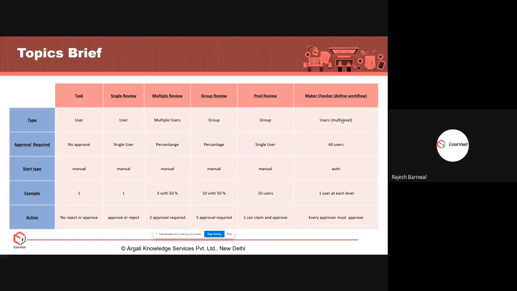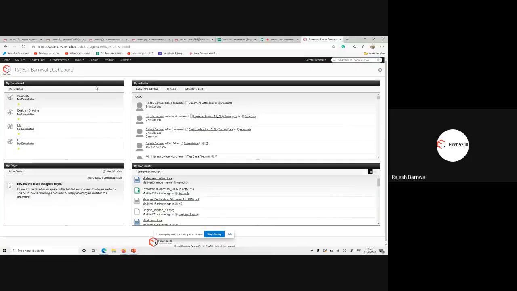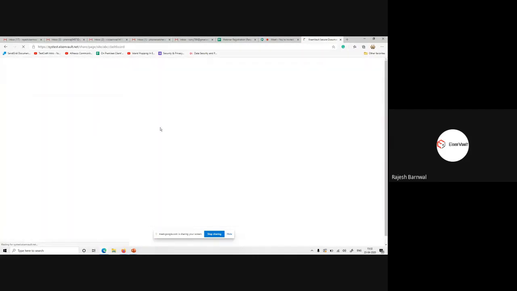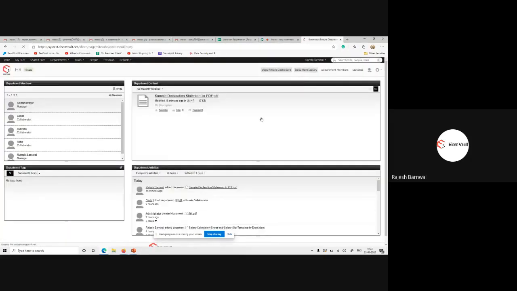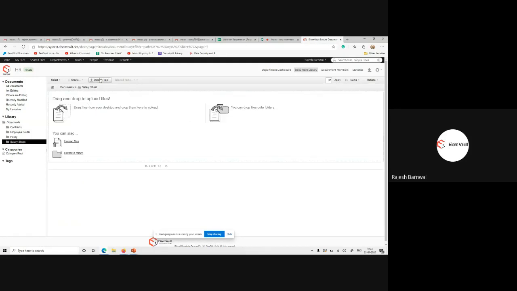some document that he wants approval for from the top level of the management. So I'll show you exactly how this happens. So let me go to HR, in document library. Let's say he created some salary sheet and he wants the approval from the CEOs of any company or the top management of any company. And after the approval, he processes the salary. So let me upload one document.